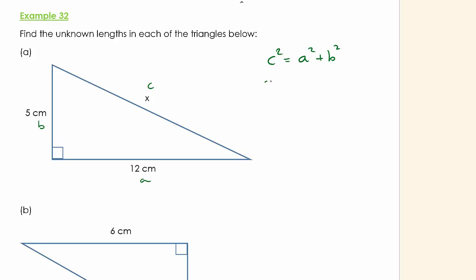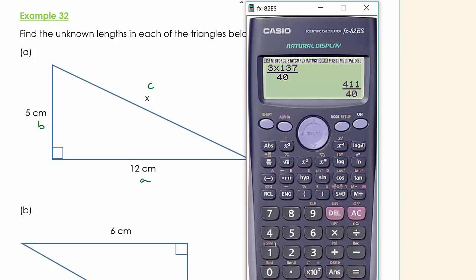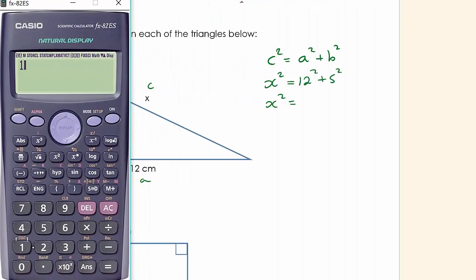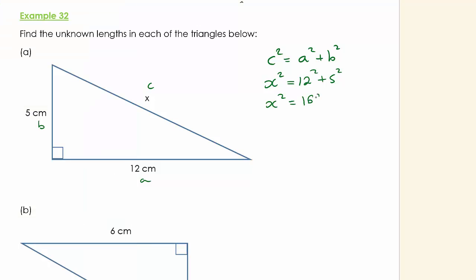So the hypotenuse here is x, so that's x squared, is going to be 12 squared plus 5 squared. So x squared is going to be 12 squared add 5 squared, which is 169, and therefore x would be the square root of 169, which I happen to